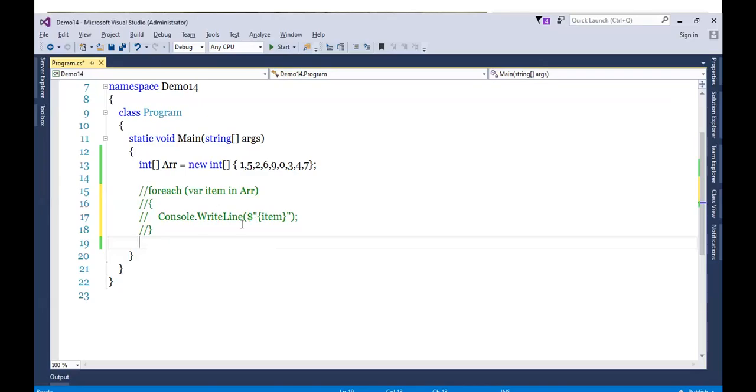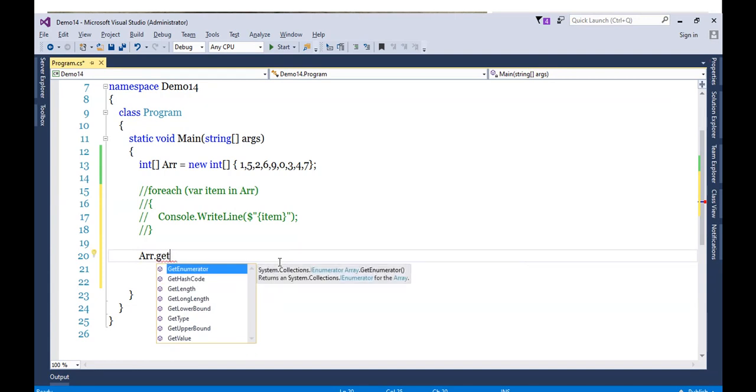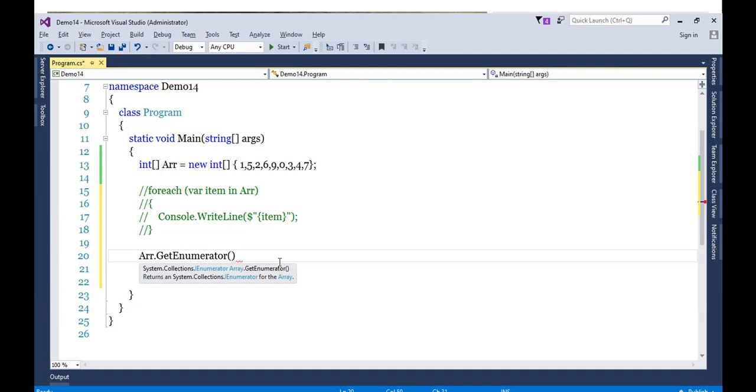Okay, so instead of displaying it using foreach, we will follow those steps which I was telling you initially. So let's call the GetEnumerator method for this. I already told you what GetEnumerator will do. It will fix the boundary. Now what is GetEnumerator going to return? GetEnumerator is going to return IEnumerator. So instead of writing IEnumerator, I will write var here.